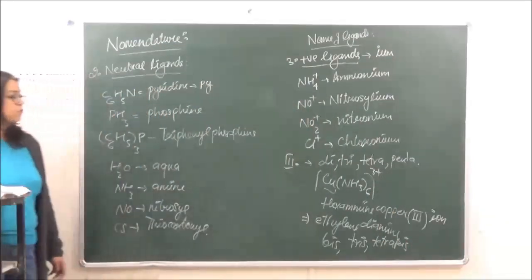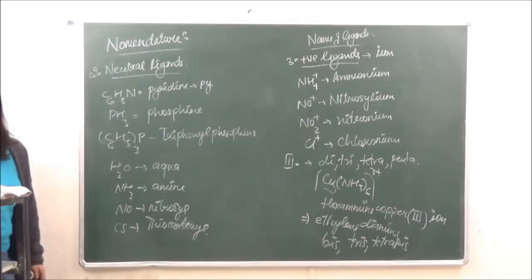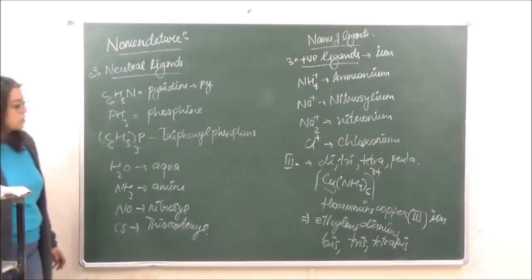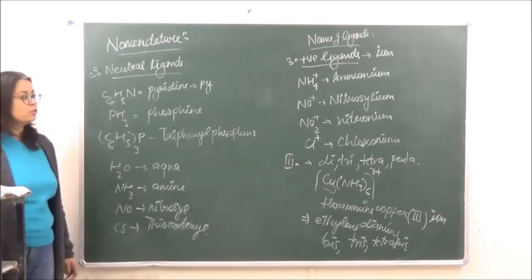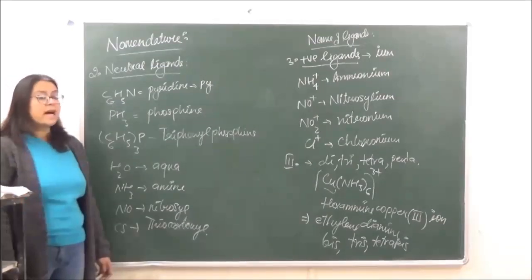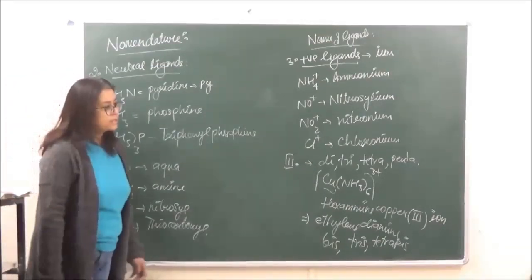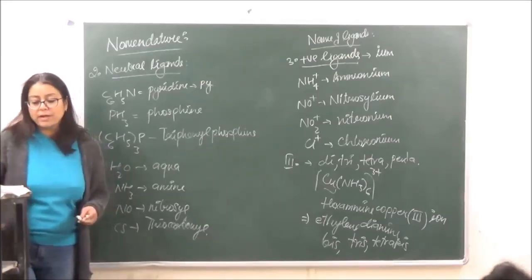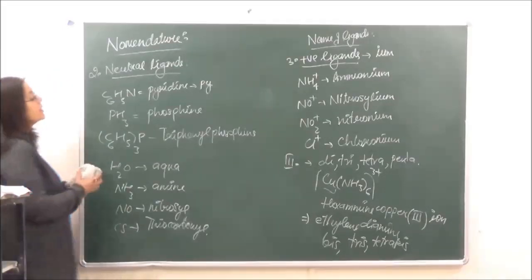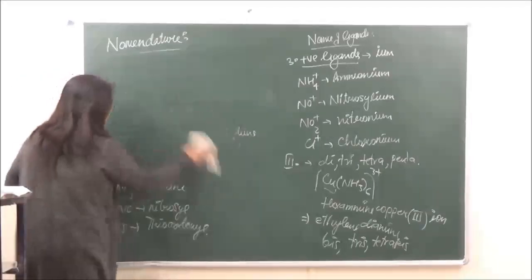Okay, so when we do a few more examples, I will tell you how and where bis, tris, tetrakis are going to be used when we are naming the compounds. Generally, they are used if we have ligands in which di, tri are already present. Okay? Then we come to the next rule over here, the order of naming the ligands.